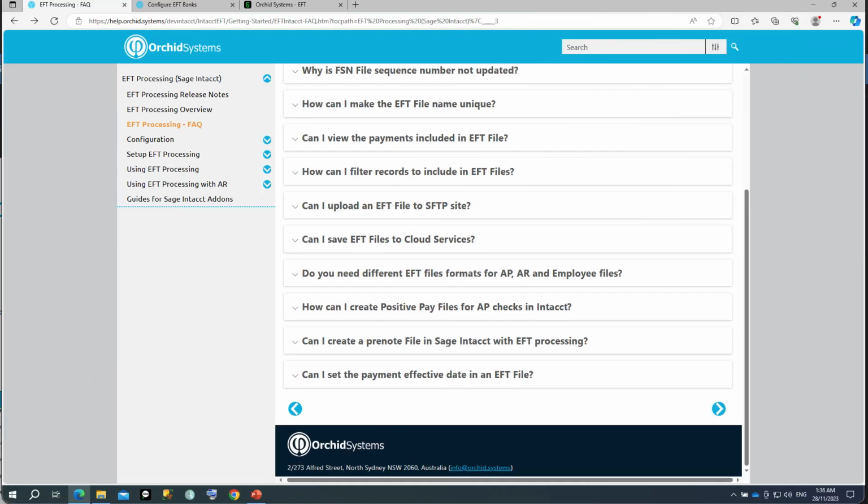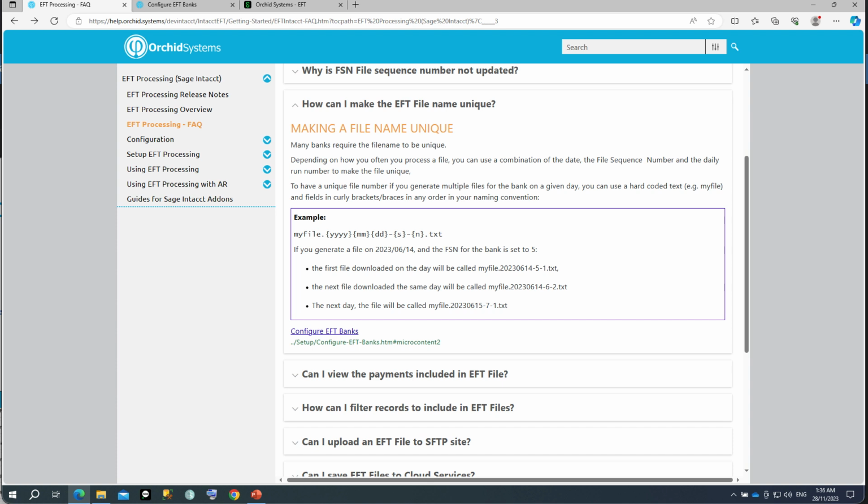First tip is, how can I make an EFT file name unique? Many banks require the file name to be unique. So there's different variables that you can use in the EFT bank configuration depending on how you process the file. You can use a combination of the date, the file sequence number, and a daily run number to make the file unique. So if you generate multiple files for the bank on a given day, for example, you would use